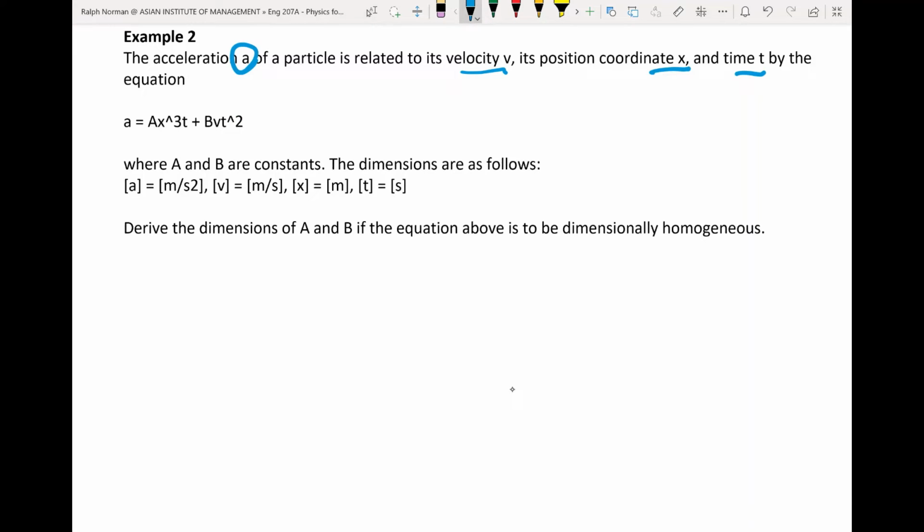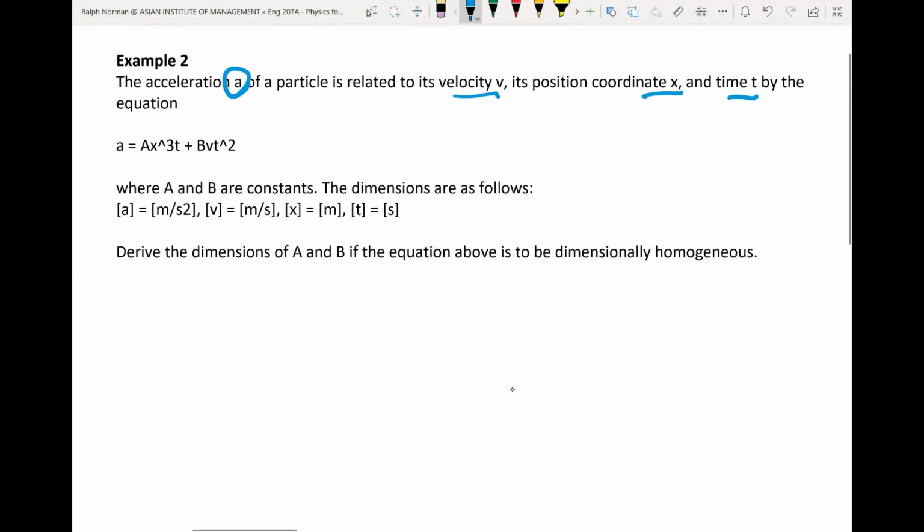Okay. Where a and b are constants, and the dimensions are as follows. The a is meters per second squared. The v is meters per second. X will be in meters. T is in seconds. So derive the dimensions of a and b, if the equation above is to be dimensionally homogeneous. So what are we to do? So we got the equation here. So dapat this one is equal dito. Obviously, when you plug it in, a and b dimensions are not provided. So I guess the goal here is what units of a and b to have,